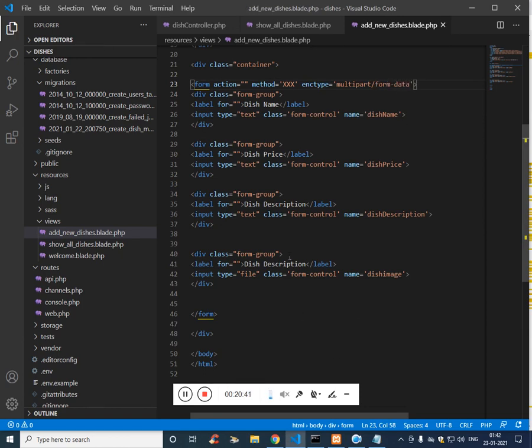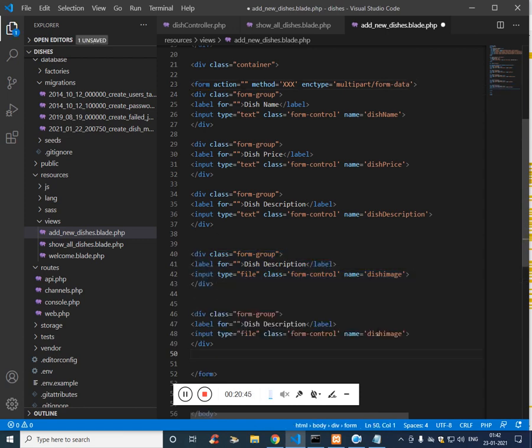And now once I click on submit, the submit button is missing. We don't need a label here. We need our input type submit, value save, btn btn-success. We don't need the name attribute here. And now once I click on submit, the data should be stored in the database. So for that,